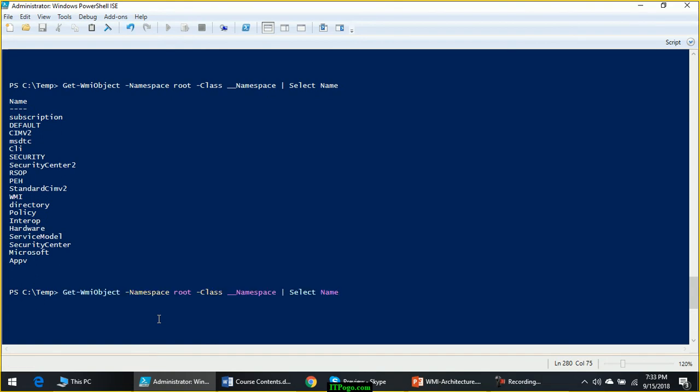And under a particular namespace, if you want to find out what classes are available, you can give the name of that namespace, root\CIMV2. As I said, all the hardware and software related information will be available under root\CIMV2.